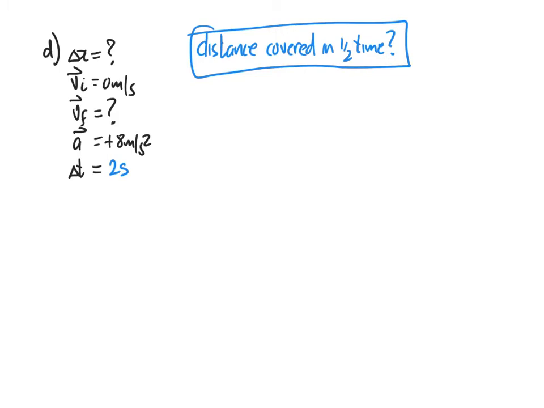So in D, we are now asked to work out the distance covered in half the time. So half the time would be half of 4 seconds, which is 2 seconds. So we don't know this change in position or this distance. Remember, I use change in position, distance and displacement as the same thing because there's no change in direction of the motion. So they're the same magnitude-wise. So now, using delta x equals v initial delta t plus a half a delta t squared,